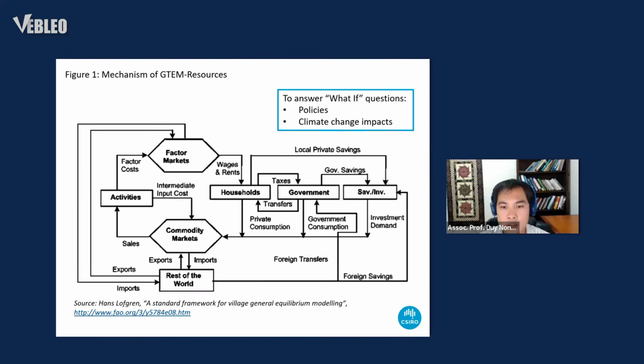And in this figure, I would like to show you how a CGE model, and especially the resource model, works. We have the household, government, labor markets and commodity markets, and they all link together. And the country, for example, can link via commodity markets. You know that we import a lot of commodities, apples and oranges from other countries, and we export clothes to other countries as well. So it is linked through the commodity market and also the labor markets and investment. We also put this in the CGE model, in the detailed resource model.